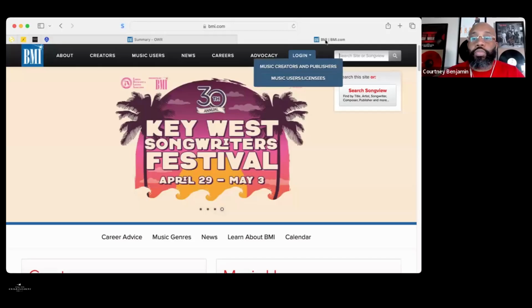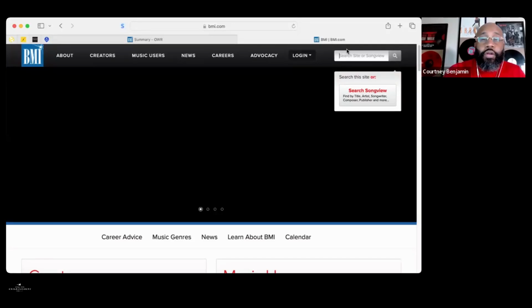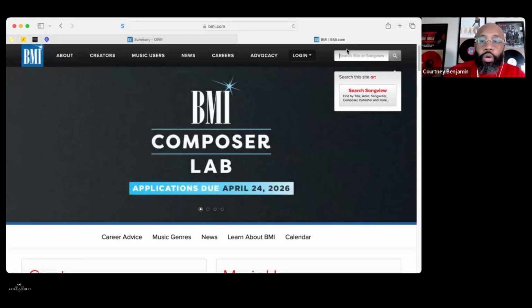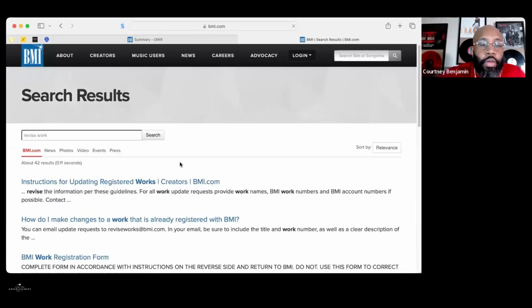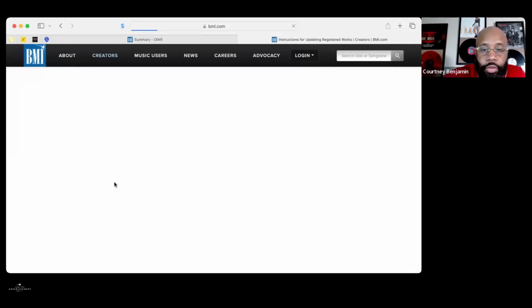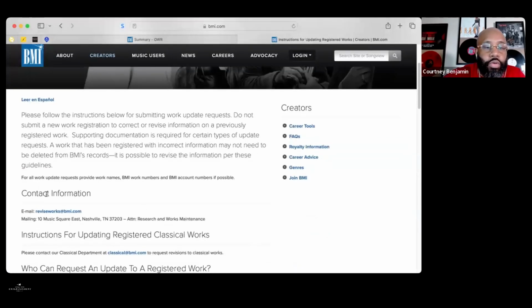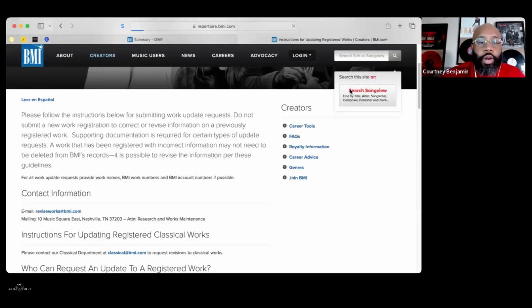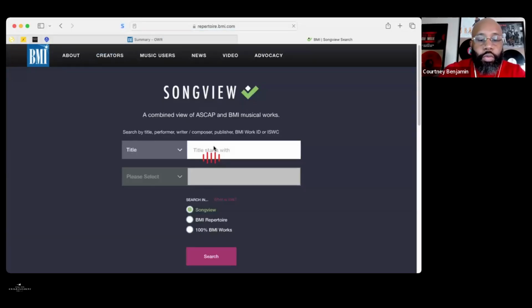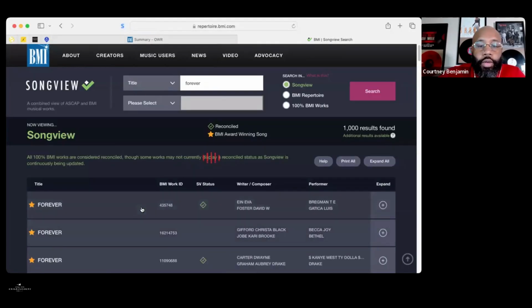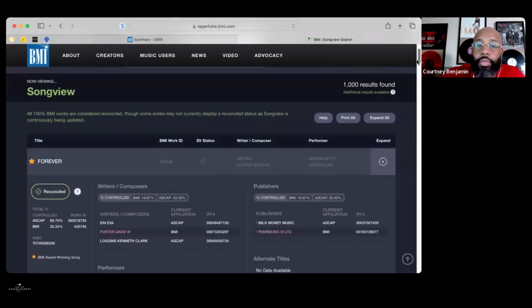So now what you do is you go to BMI.com, and you can either go in your back office and click update this work, or you could go to BMI.com and put in revise work. And then once you do that, you just go to this first thing right here where it says instructions for updating registered works. And it's a simple fix. All you do is you send an email to reviseworks at bmi.com. And then remember when we went to the song view thing, right? So say this is the song that we want to make corrections on, right? So we go here, and in the revise works email, what you want to do is